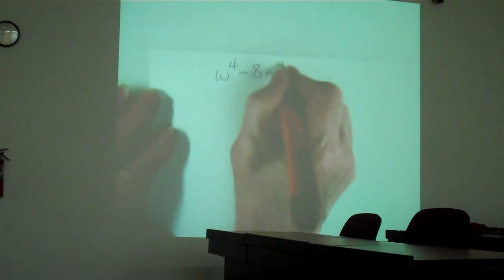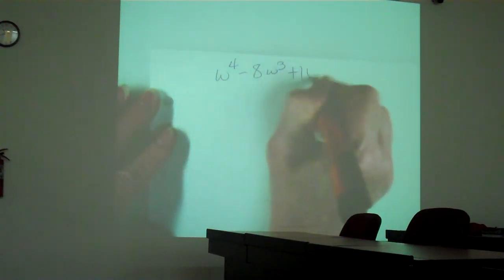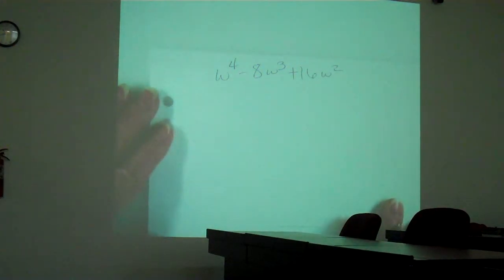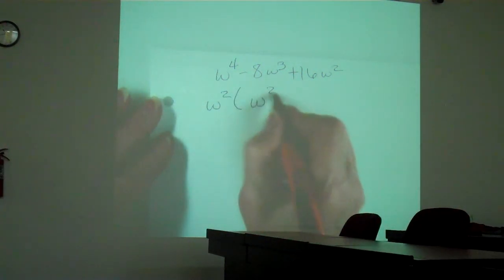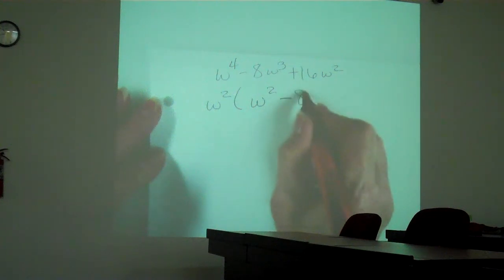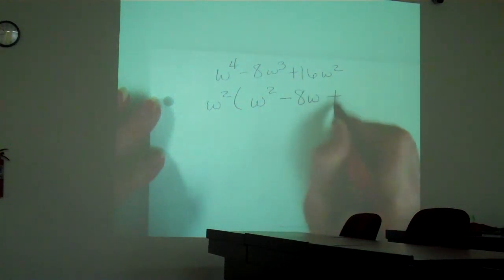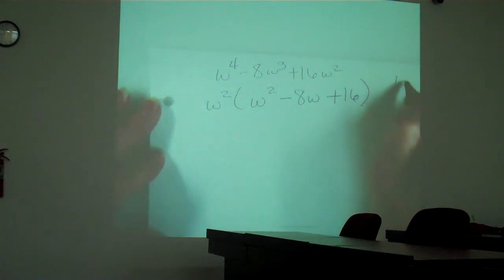Okay, let's do another one with something in common that will factor. w to the 4th power minus 8w cubed plus 16w squared. What do they have in common? w squared. First term, w squared. Second, minus 8w. Third, plus 16. Okay, 1 times 16, 2 times 8,